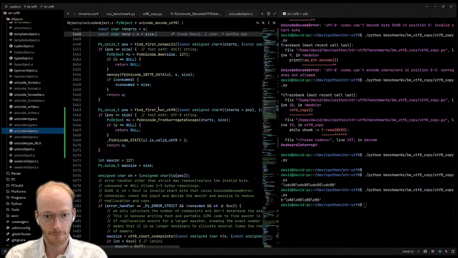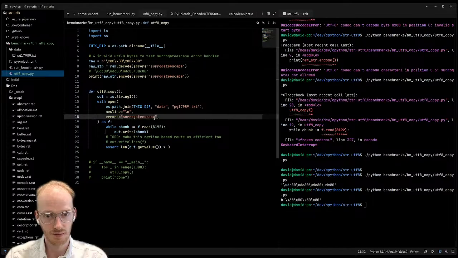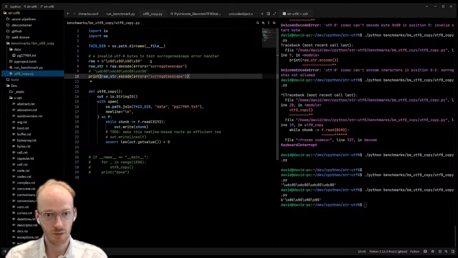And file names are typically quite short, and we don't really optimize. If somebody is changing their code to do something like our benchmark, copy stuff from one file to another, and they don't want to check for validity, they can just open the file in byte mode. So we don't really want the errors. Yes. Nice.